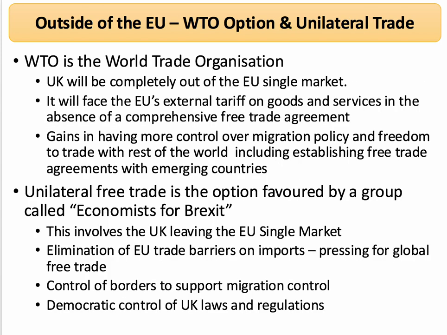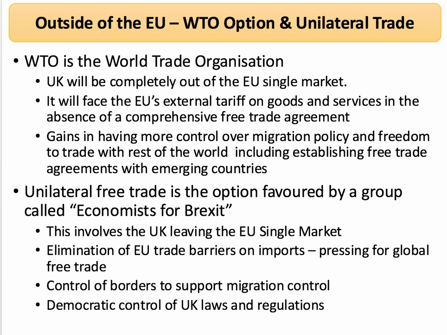So it's more likely we'll probably leave the EU under WTO rules, be outside the single market, and would face the European Union's external tariffs, certainly initially, but that would give us more control over migration policy. We no longer have to accept free movement of labour, and of course it would allow us, in theory, over time, to make trade agreements with many countries around the world, including Australia, New Zealand, Canada, United States, and countries